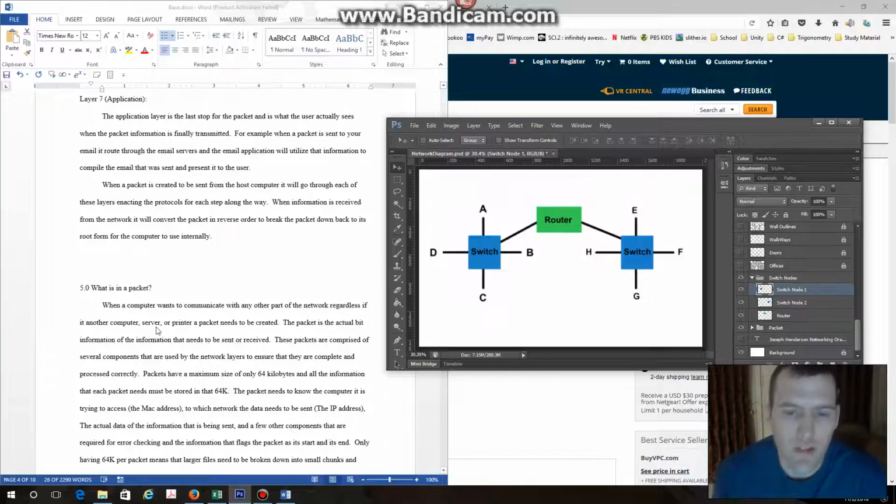So let's talk a little bit about how computer A would talk to computer B on this diagram. When computer A needs to send information to computer